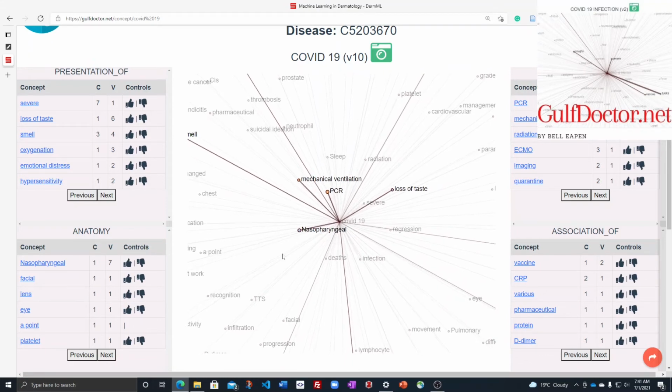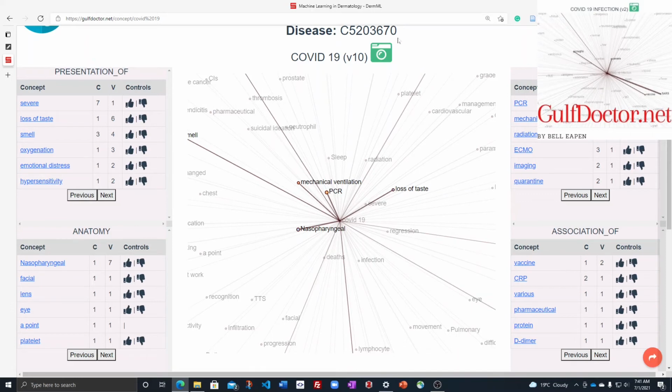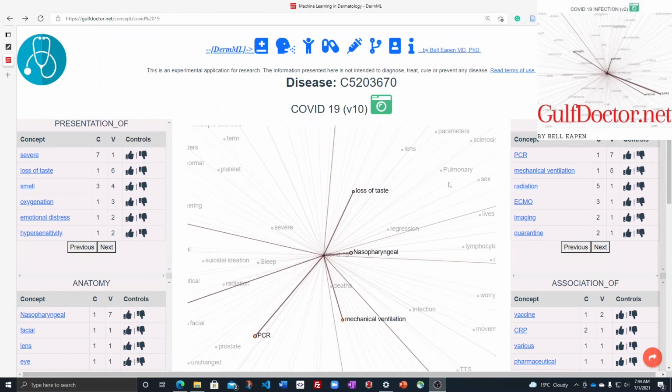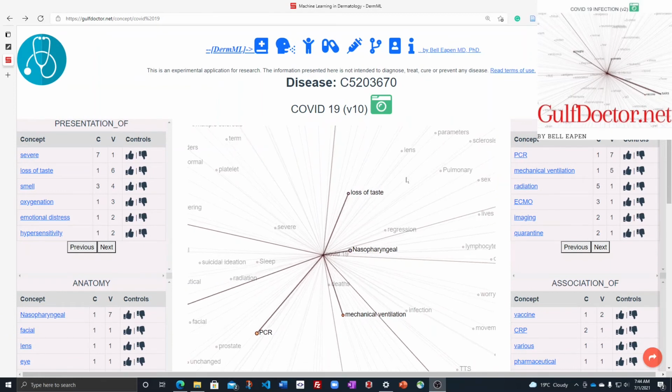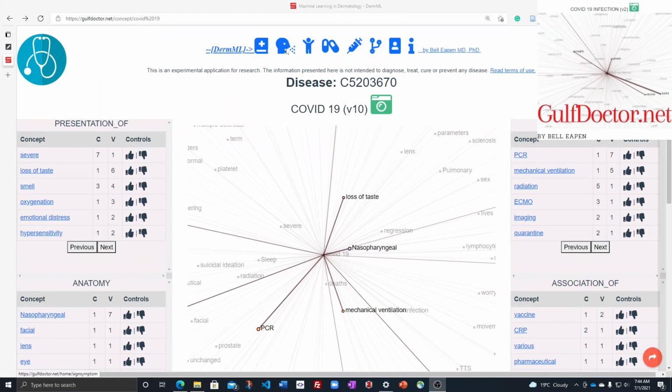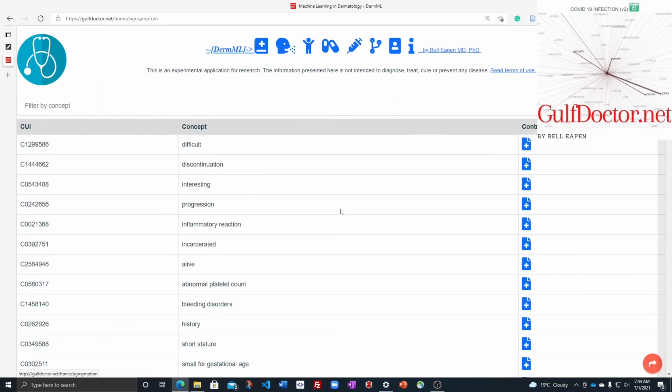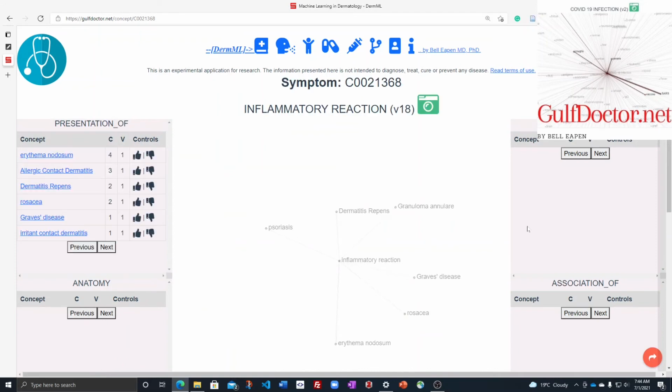All rules are saved in a Neo4j database. The concepts are identified by the UMLS CUI or the concept unique identifier. You can also have other views, for example, a symptom-centric view, and you can click on any of the symptoms or signs to have the ClinGraph with that symptom or sign at the center. The database is limited for now, but it keeps learning automatically in the background.